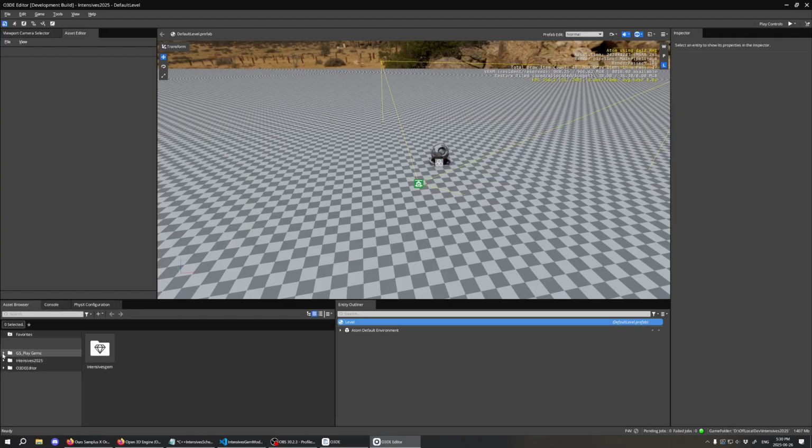So we have the folder GS Play gems. This is your dev gems. And we have intensives gem, which is the gem we just created. So an interesting thing, because you're not doing programming in the editor, you have to close the editor, build, and then reopen it, the code folder just vanishes. But,